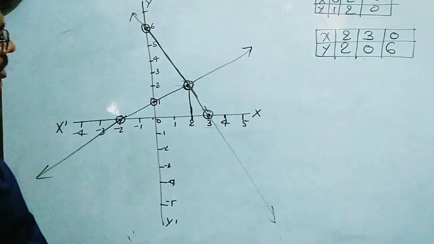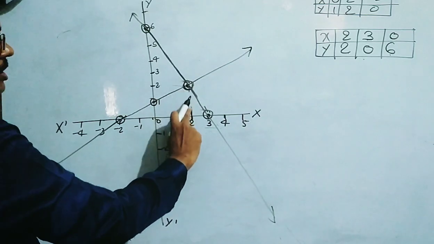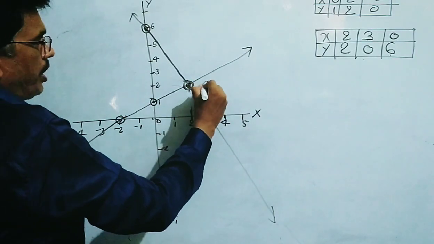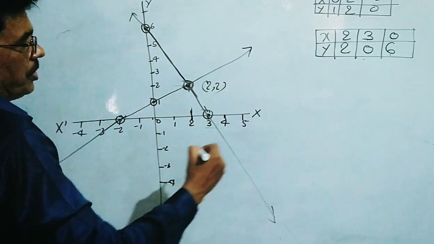Now student, you find that both lines intersect at this point. So what is the coordinate of this point? It is 2, 2. That means